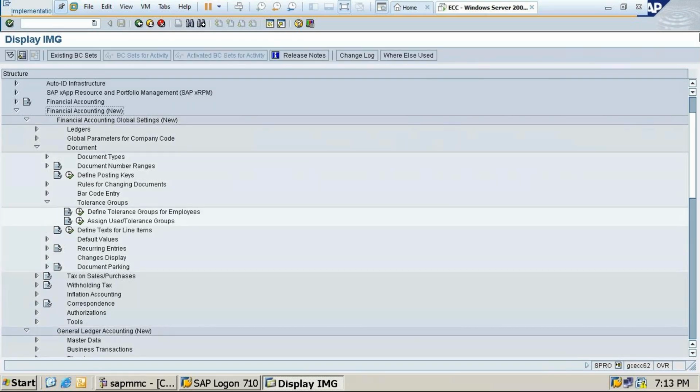Financial accounting. So we are in the display image screen. Financial accounting new, financial accounting global settings new. See this triangle and all, you can write.